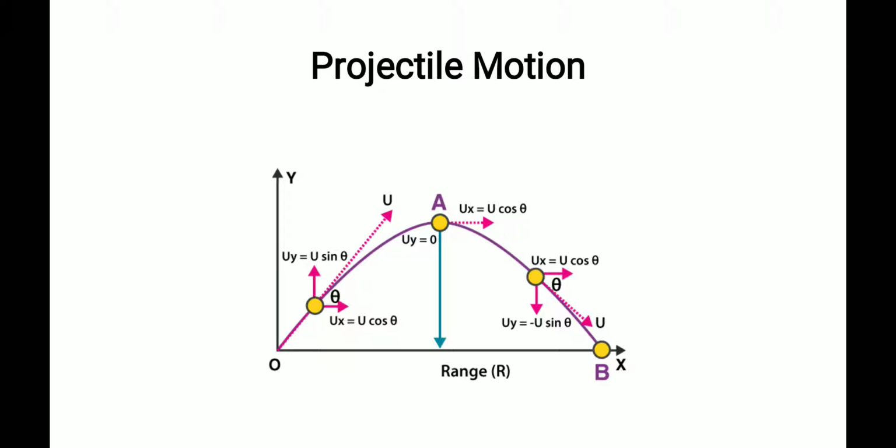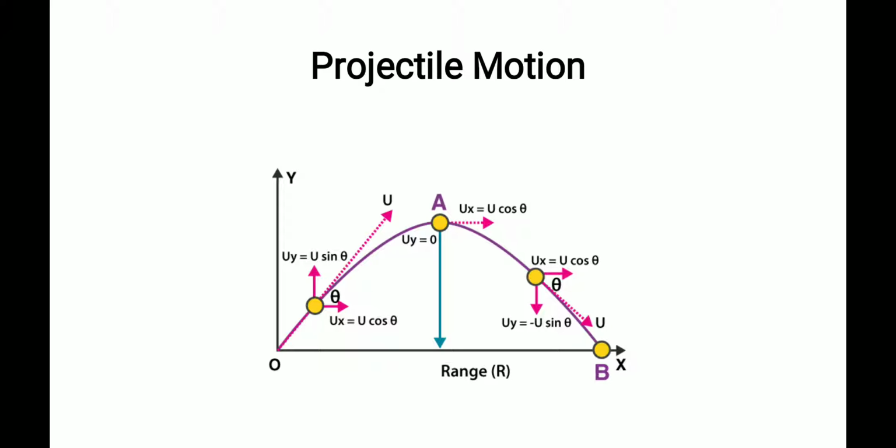At all points u cos theta remains the same. The horizontal force remains the same. There is no disturbance for the horizontal force. But the vertical component u sin theta is varying. This vertical component is responsible for vertical movement. This horizontal component is responsible for horizontal movement. But the vertical force is going on decreasing due to the acceleration due to gravity. Gravity force is acting, so this gravity force resists this vertical component.